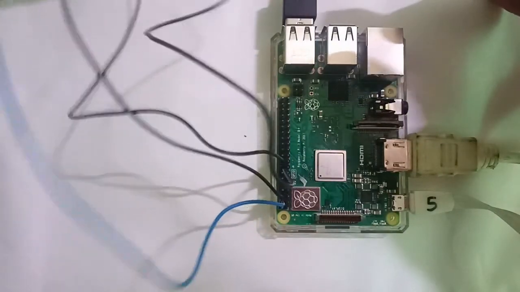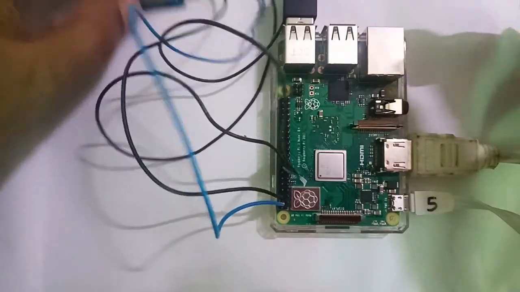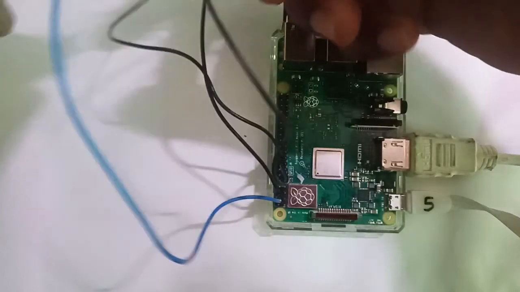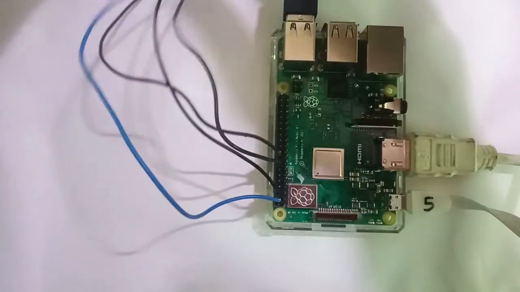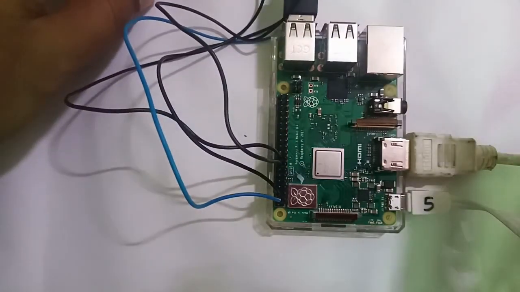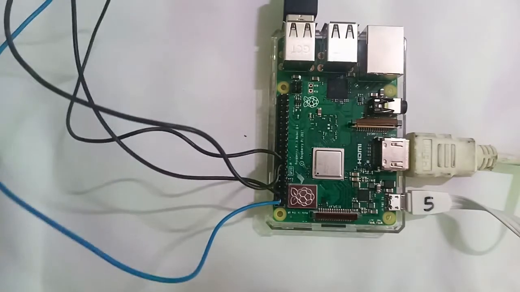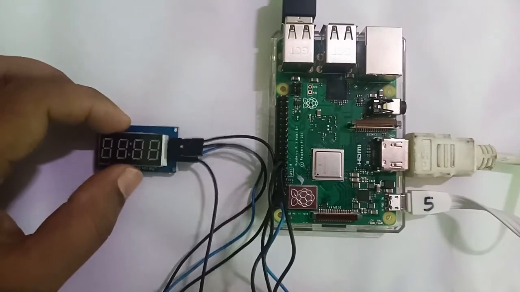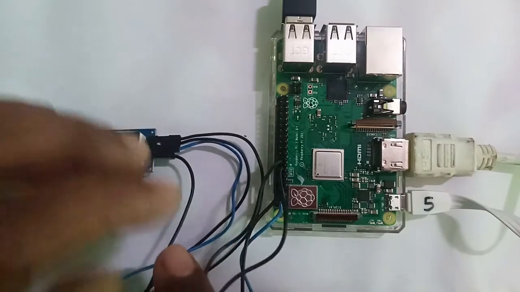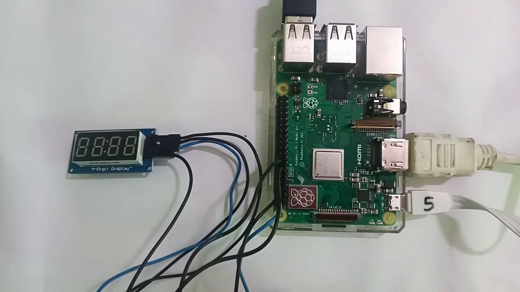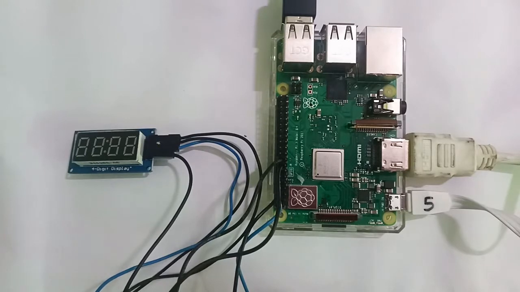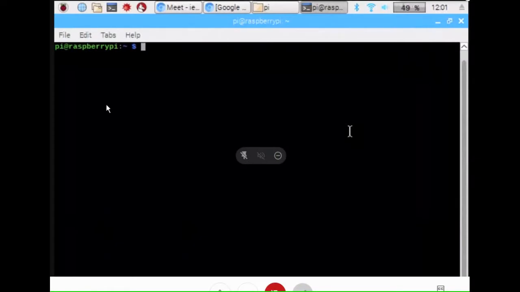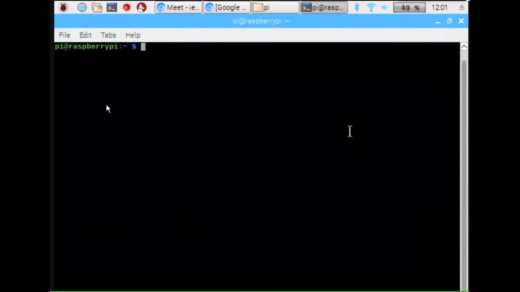Now we run the program. Okay, in our previous video we displayed the time on your 4-digit 7-segment LED display.